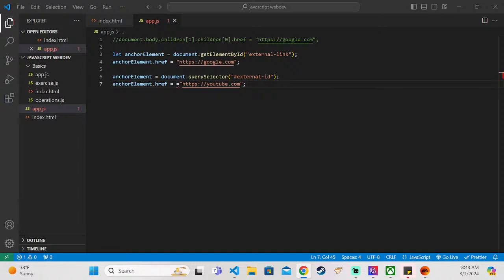There are also a few lesser used methods that you also should know. Select all HTML elements that